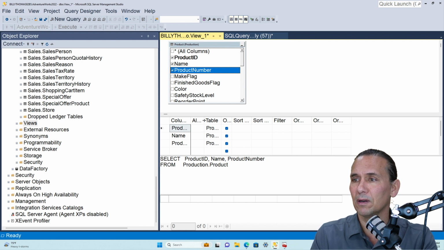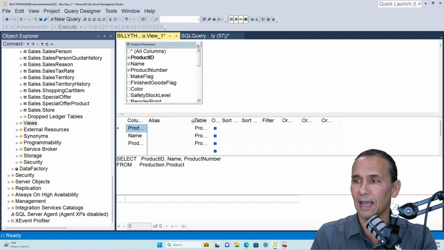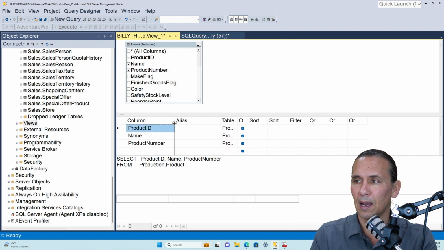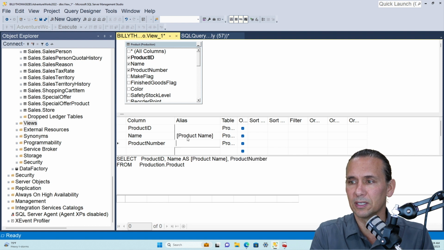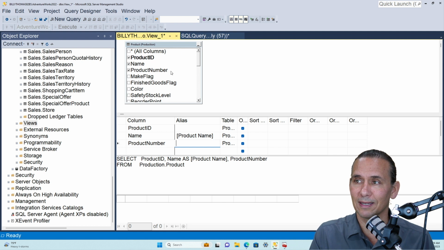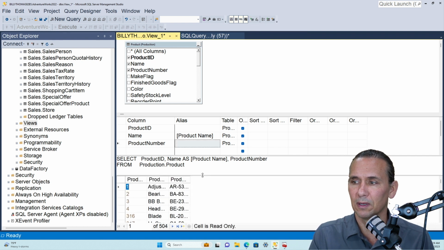And then over here, you can't see it because it's kind of scrunched, but if you look in here, you can see alias. Oh, okay. I want to alias name as product name, and it just does everything for you. So it says name as product name. And now that's the thing, when you're inside this query designer, the execute is over here. So you can hit that and then it will bring back the information for you just the way that you